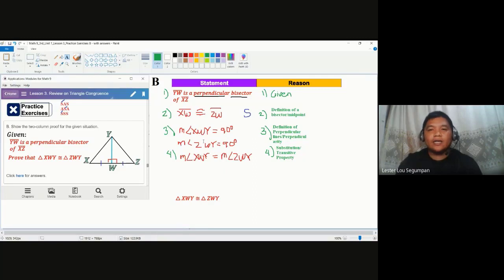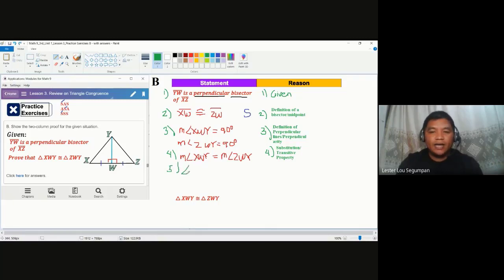Two items are equal to the same thing. They are just the same thing. Okay, but this is not yet A. Do not declare that that is already your A, because when you talk about triangle congruence, the parts should be congruent, not equal. So we need to come up with a statement here, number 5, saying that the measurement, not anymore measurement,